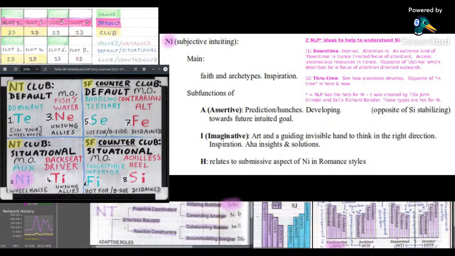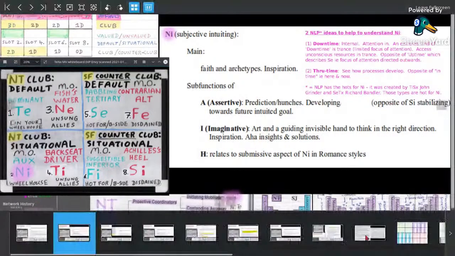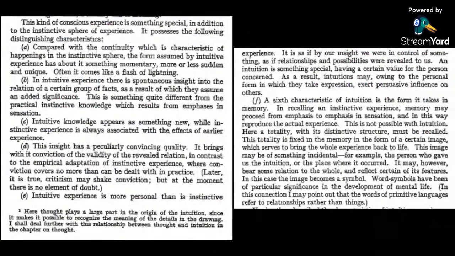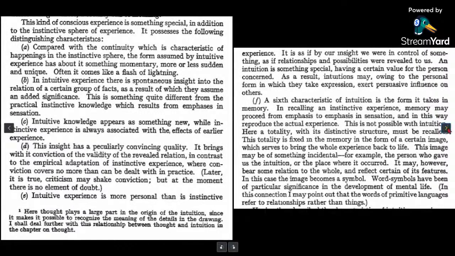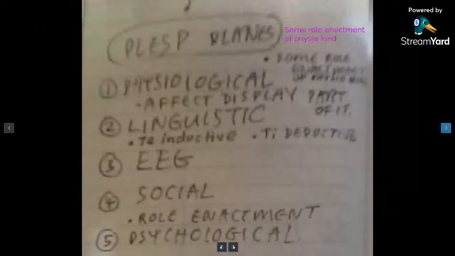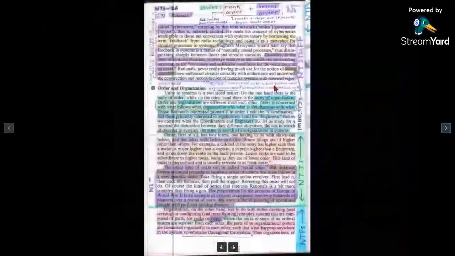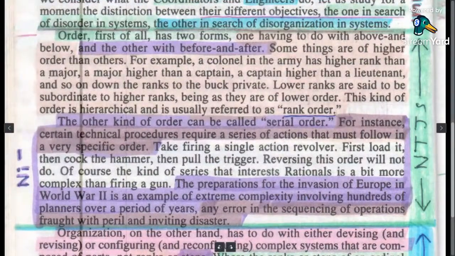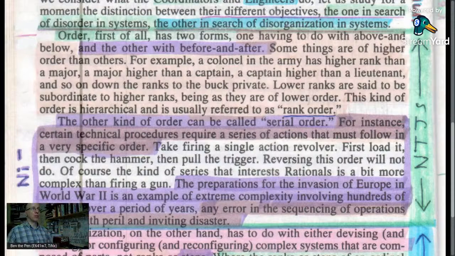So I'm going to put some meat on the bones of this about what TE and NI look like together. First of all, I'm going to give you something on intuition. If you want to pause that. This is from Conscious Orientation by Johannes Hermanus van der Hoop. Oh, that's something I'll get into later. What am I looking at? Oh, yes. Right. So there's something from Keirsey about getting your sequence of operations correct towards a long-term strategic objective.